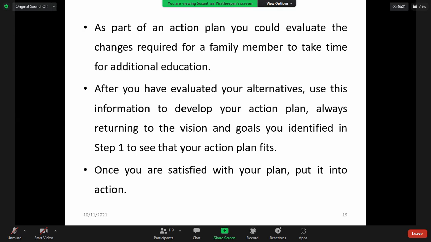Then once you are satisfied with your plan, you can make sure that is your major action plan for your whole farm system. So in the third step, you may develop a temporary action plan, apply it on your farm, and start evaluating different components. If the components fit with your major goals or vision, and you are satisfied with your plan, you can completely implement that action plan on your farm.